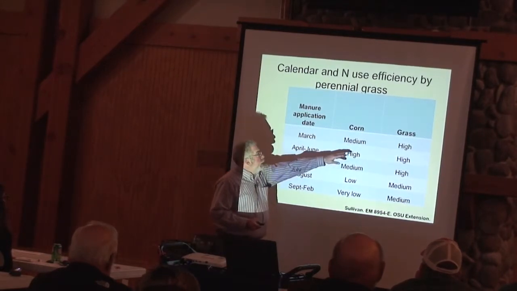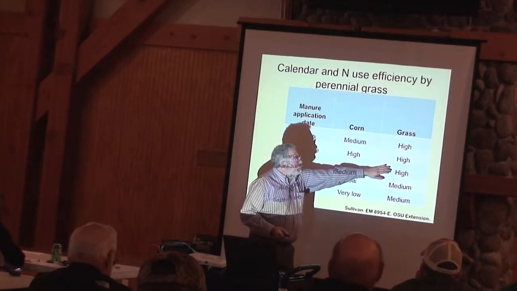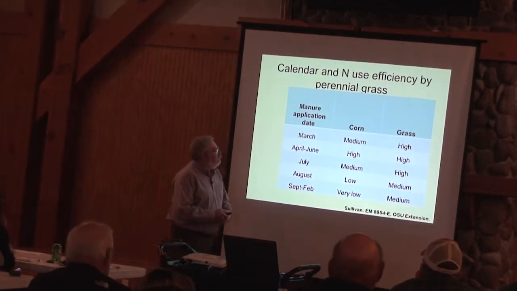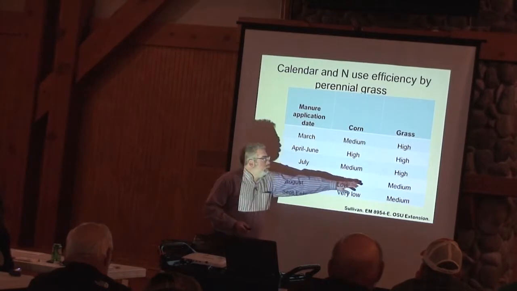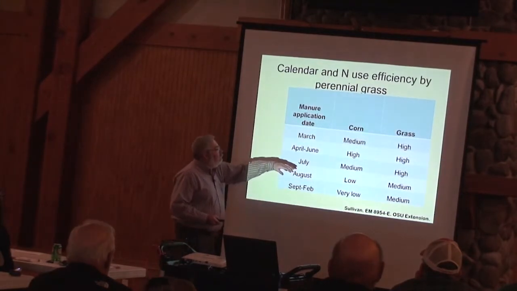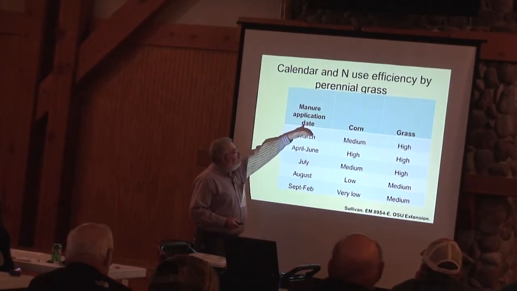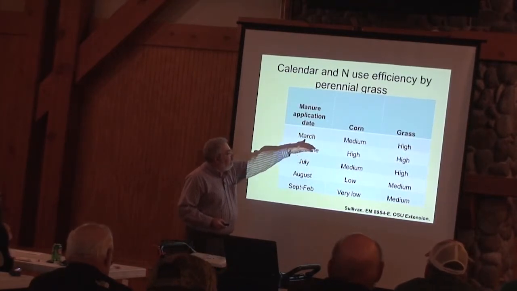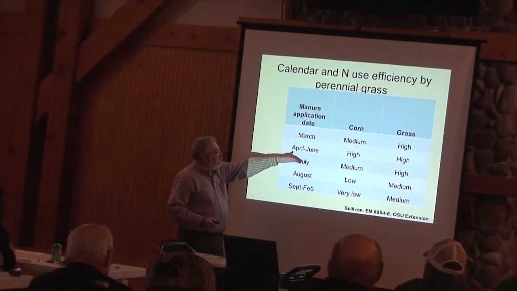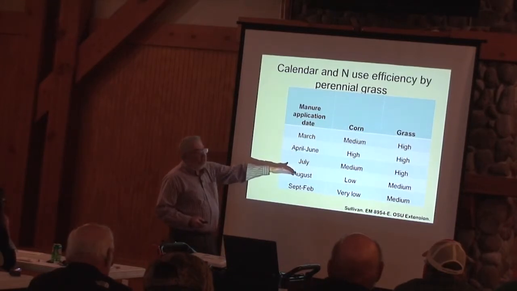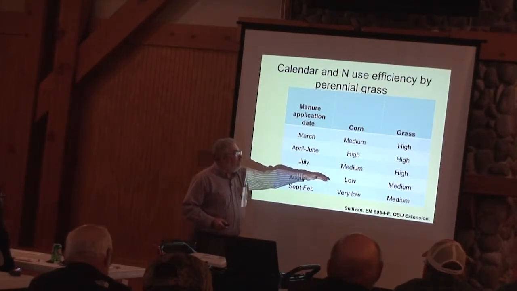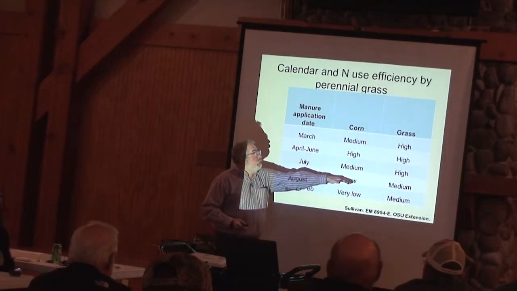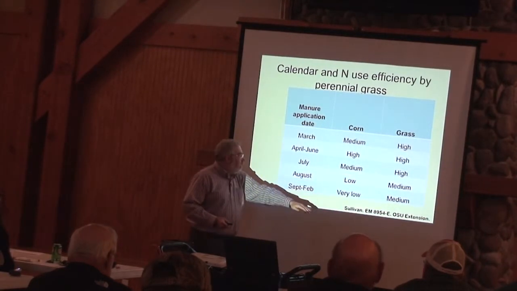You can see with the grass, we start early in the spring and there's a high demand through the first part of the year, and then less later in the year. But with corn, we start out with just needing a little earlier in the year, and then during the growing phase in April, June, there's a high demand, a little less in July, and by the time we get to August, things are maturing. So there's a low demand for nitrogen, low efficiency for using nitrogen then,